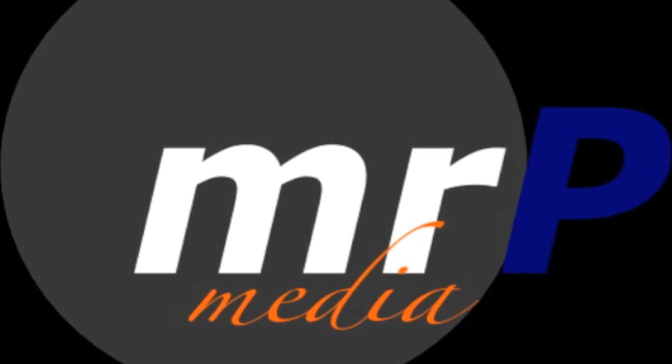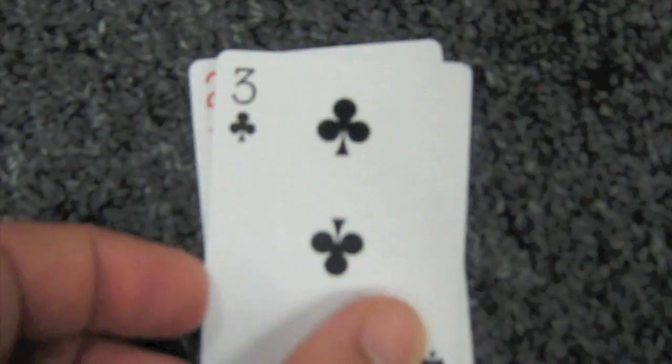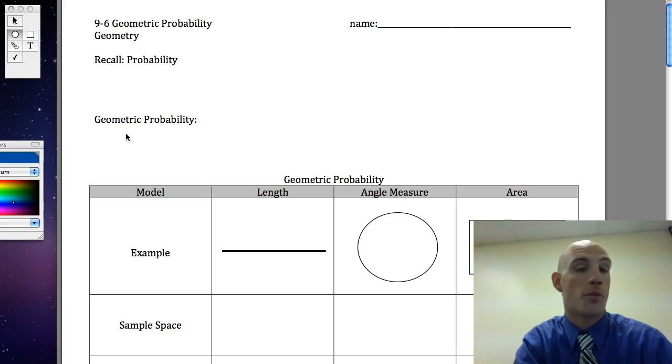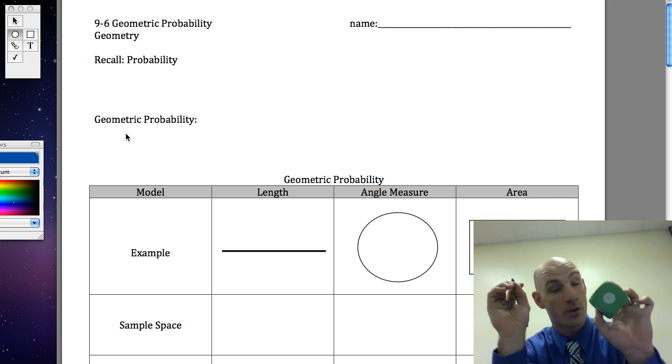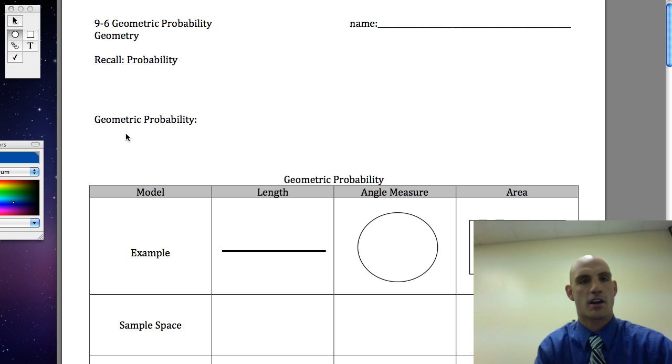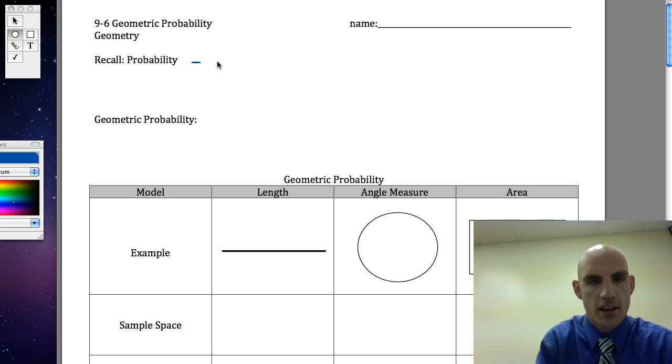Let's see how that relates to geometric probability today. Like we talked about in the opening, probability is how many things satisfy what we want, say for example that 1 that we wanted to roll, out of the total number of outcomes. And so probability, which we're going to denote as P, is going to be equal to